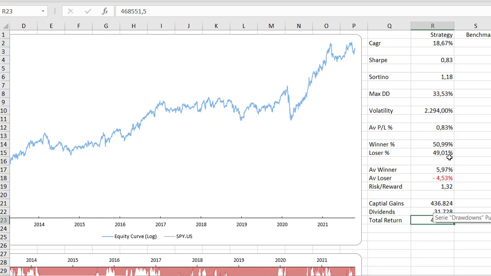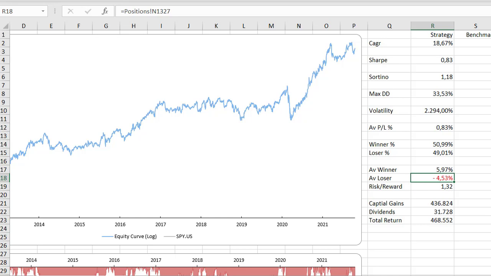51% winners and 49% losers. Now, most traders would not be quite satisfied with that, but I think it's a good lesson that you can see that with only 51% winners and then an average winner at 6% gain and an average loser at 4.5% loss, meaning that your risk to reward, or your winners compared to your losers, the winners are 1.32 times the